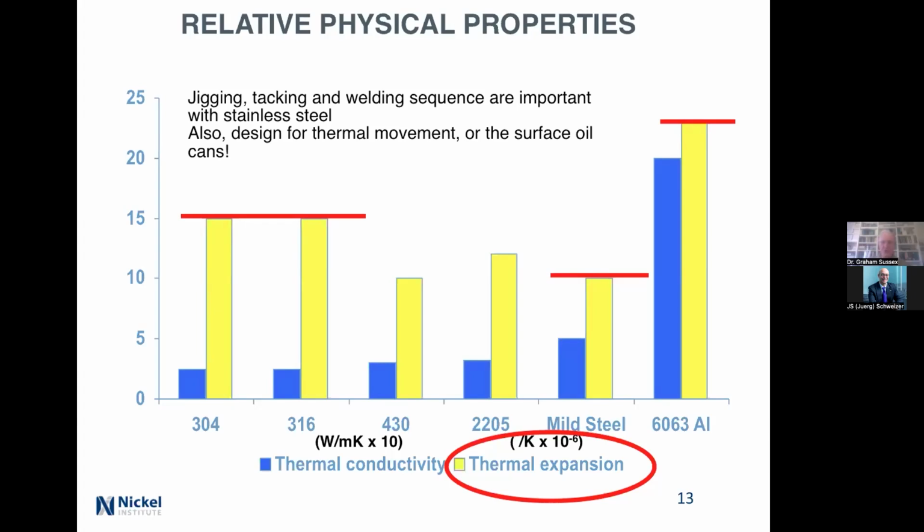tend to oil can. And there are some classic cases where people have put stuff up in the middle of winter and along comes the summer and the surface goes up and bends, and you just think, oh, well, okay, it'll just contract back. The problem is the reason why it bends is because it's exceeded its yield strength, and so it's deformed, and then got a wavy surface. And the classic example is a court case in England, but I've got lovely pictures of people putting up things in Australia in the bright summer sun, and they wrinkle.